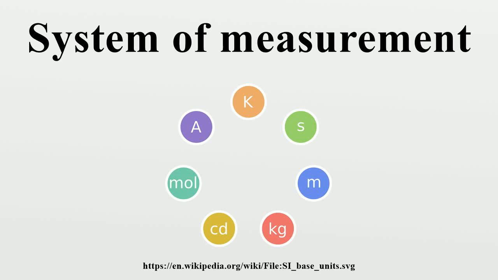A system of measurement is a collection of units of measurement and rules relating them to each other. Systems of measurement have historically been important, regulated and defined for the purposes of science and commerce. Examples of systems of measurement in modern use include the metric system, the imperial system, and United States customary units.